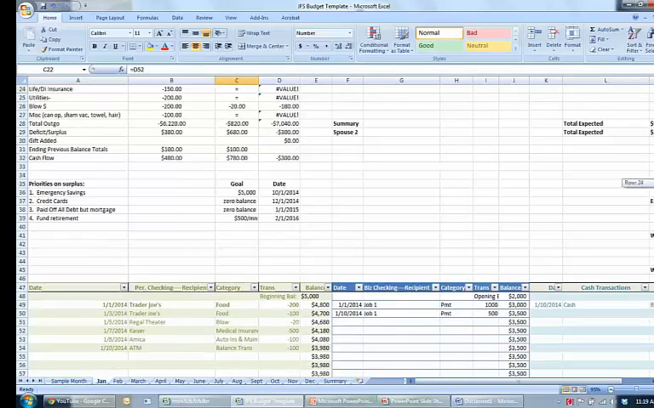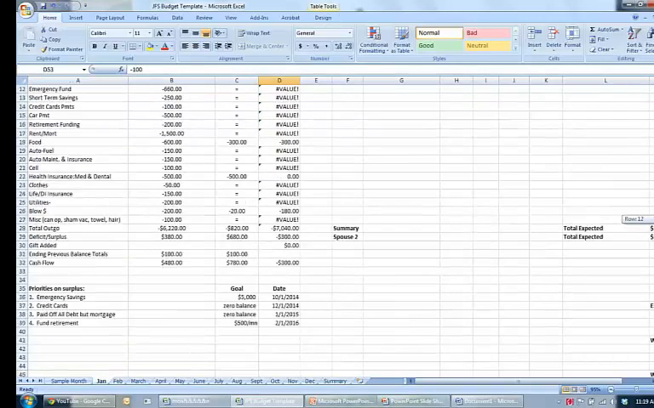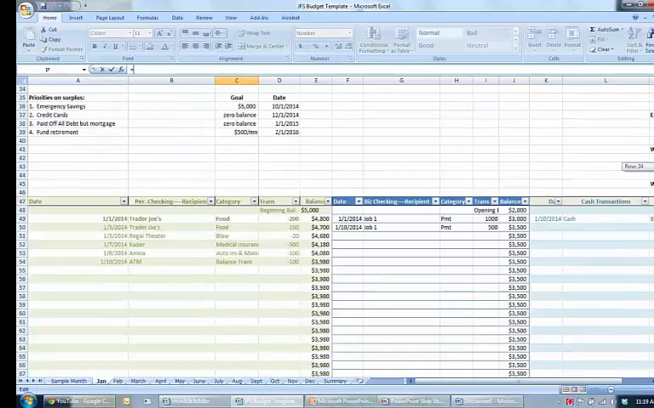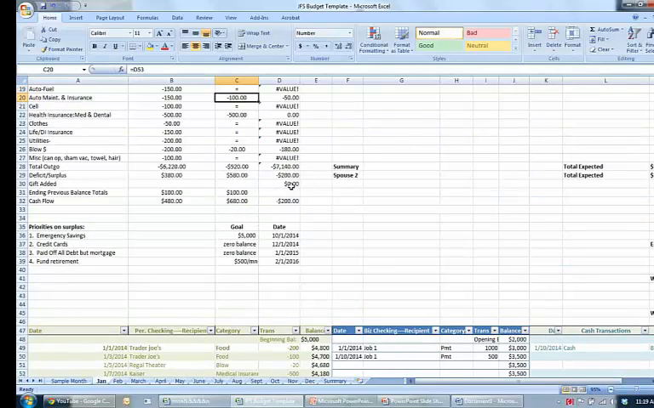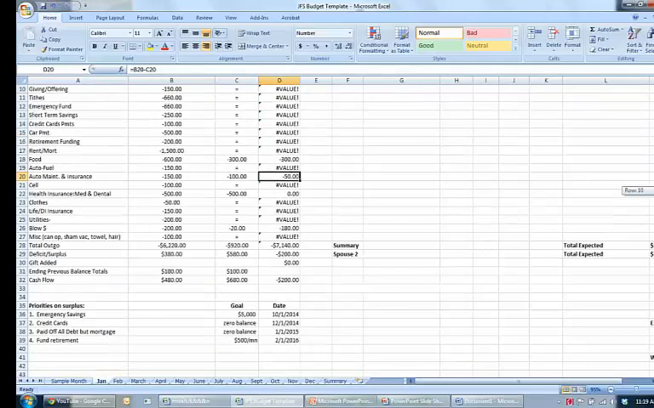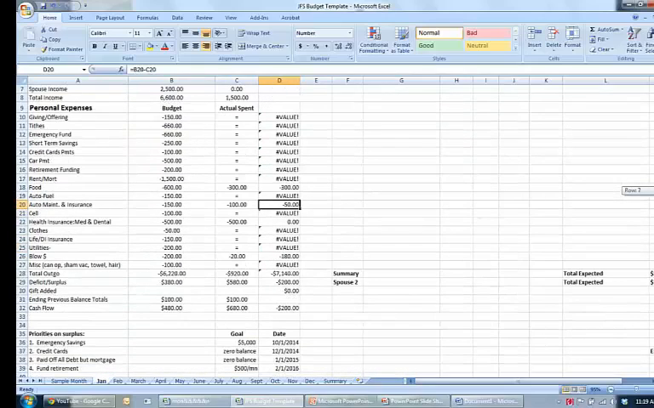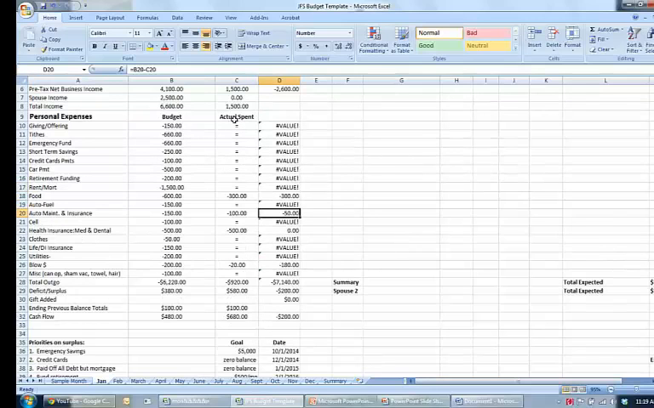So this is how I am able to keep track. And then the last one was auto insurance. Let's go back to auto insurance, and I can see that auto maintenance and insurance is there. I click behind the equal sign, click on the transaction, click return, and there's $100 on my auto maintenance and insurance, which is $50 less than expected, which is great. So as the month goes on, I do this on a weekly basis, and I can see how I'm doing in terms of my spending